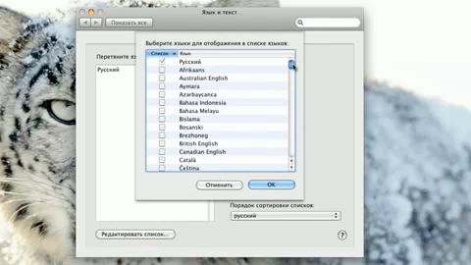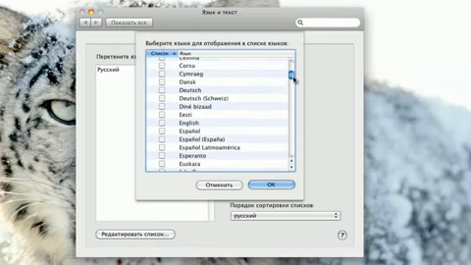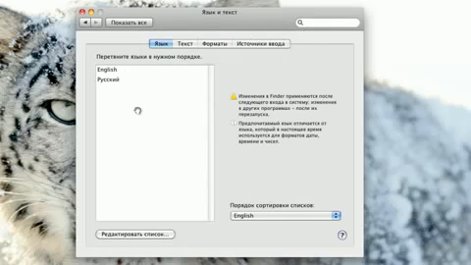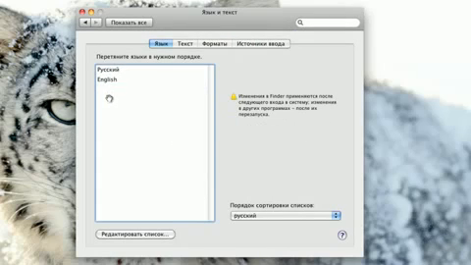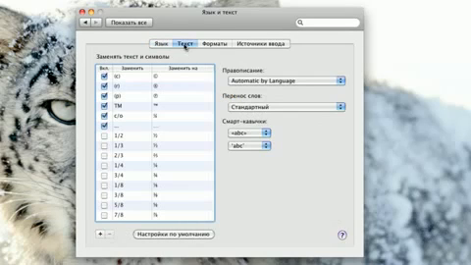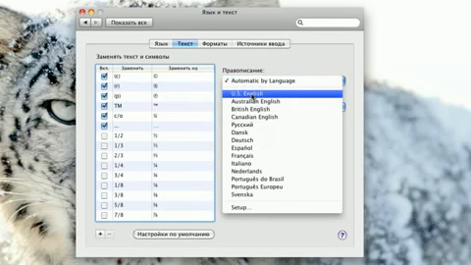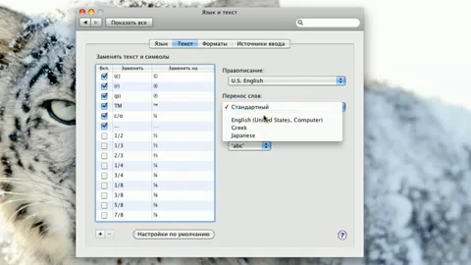And what you're going to do is search for your language. I am in America, so I'm going to select English and then hit OK. Then if English is below the Russian, you're going to move it up above, so English is first by default. Then you're also going to have to select right here and go US English,